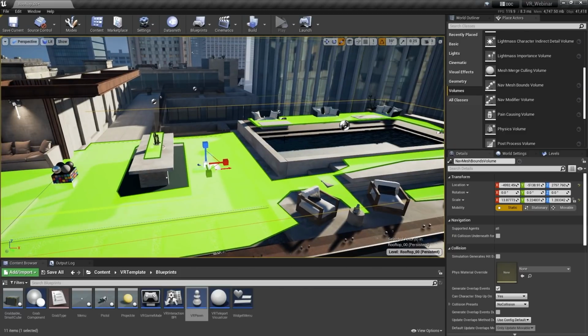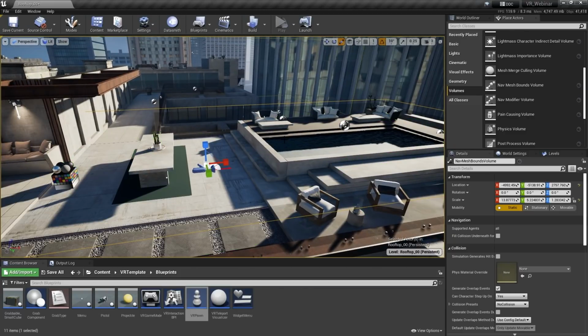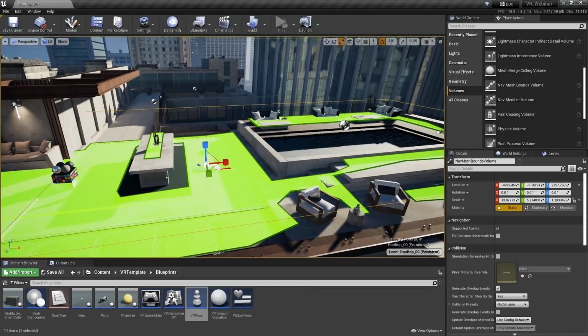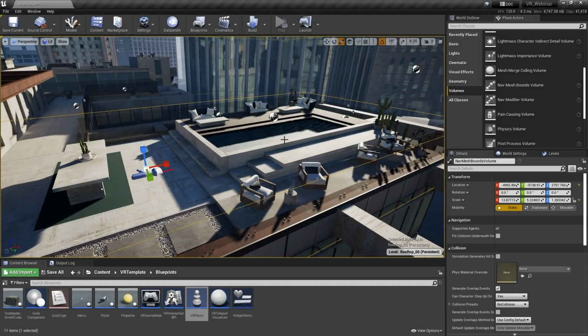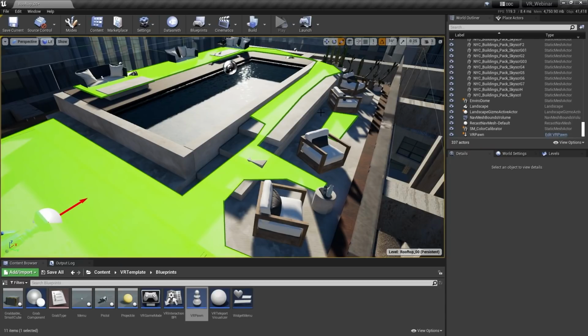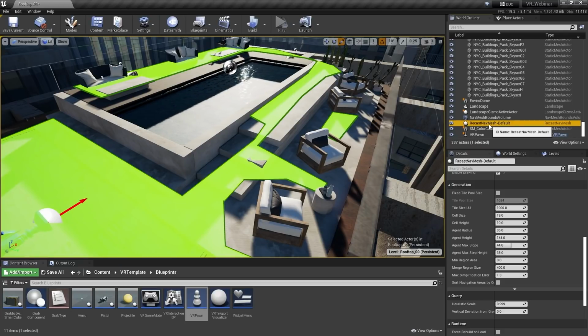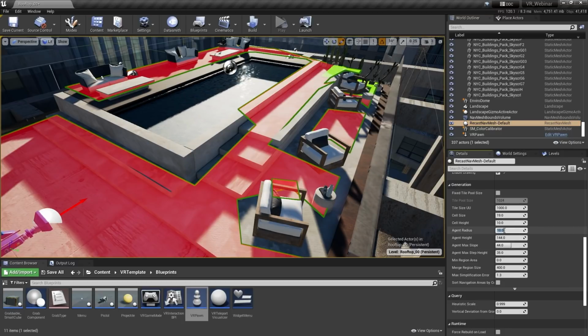By default, the visualization for the navigation mesh is not enabled, but you can use keyboard key P to toggle it on and off. To adjust the navigation mesh generation, find the recast nav mesh default actor in the scene, go down to the generation section, and play around with the settings. I like to adjust agent radius.